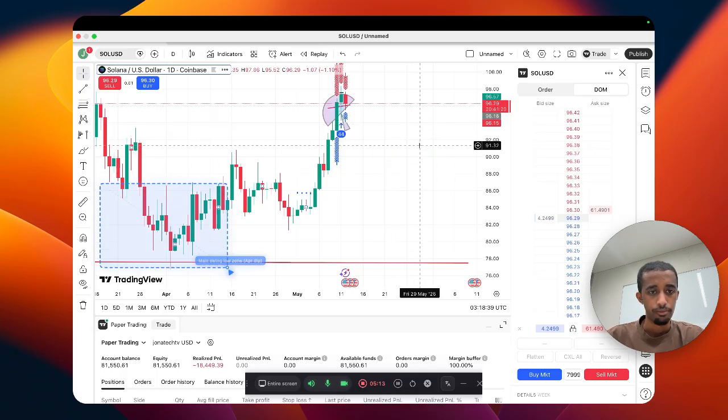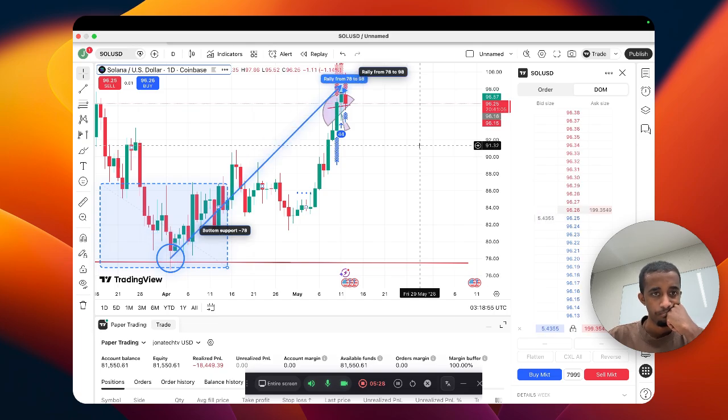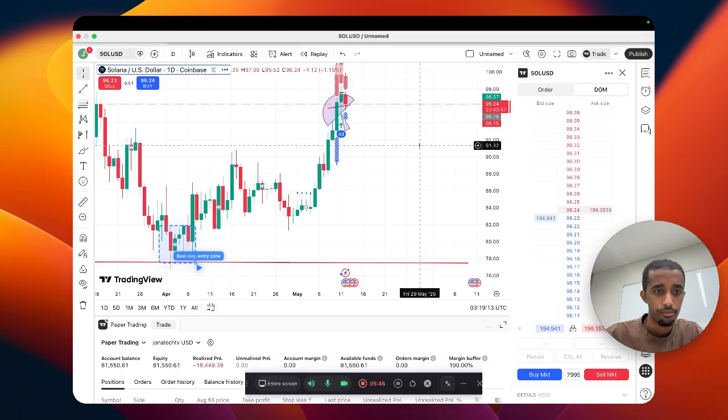First, let's look at the big picture dip that ran from around mid-April all the way down to late April. This was your main swing low. SOL bottomed out around $78 here. This is where a long entry would have been ideal. Now look at the recovery rally from that bottom. Price climbed steadily up through May, making higher lows. The best long entry timing would have been the first green candle after the bottom, right around late April when price bounced off 78. Best long entry zone,